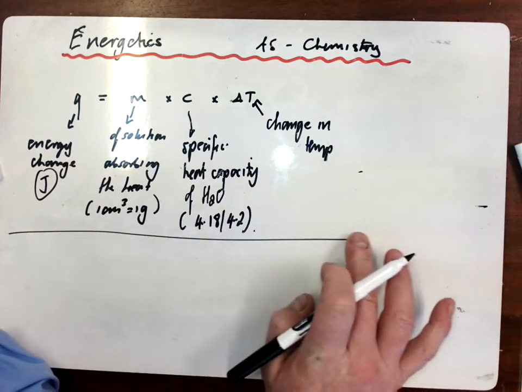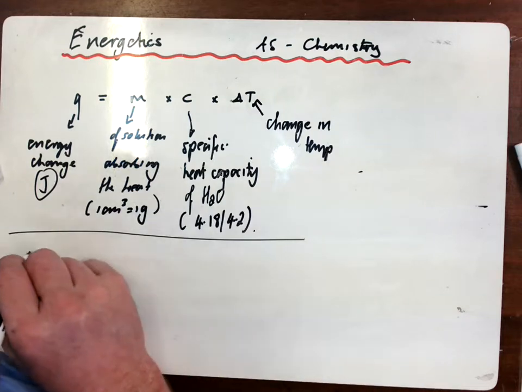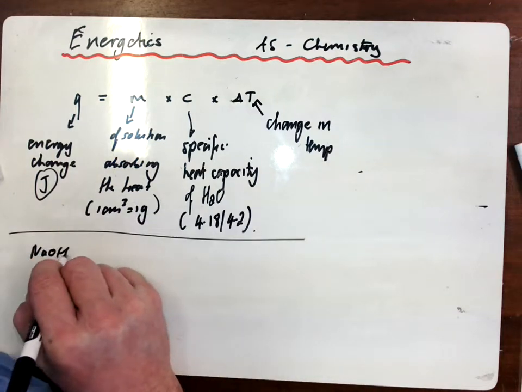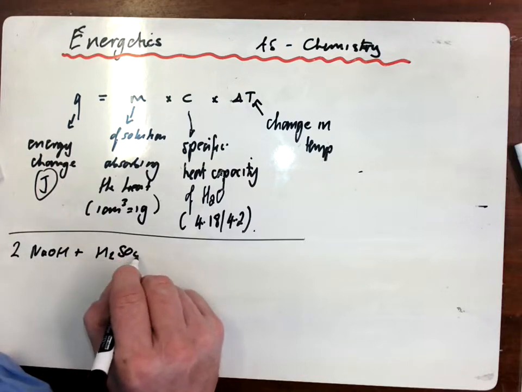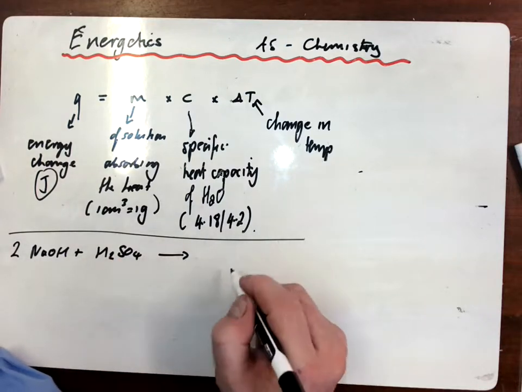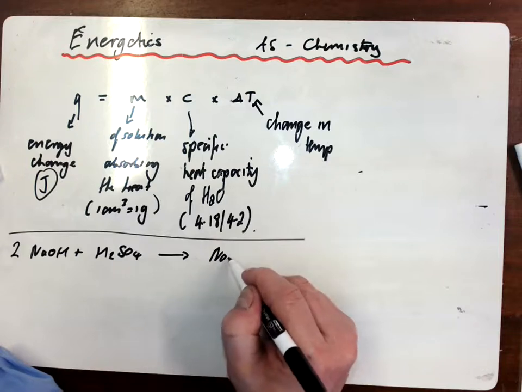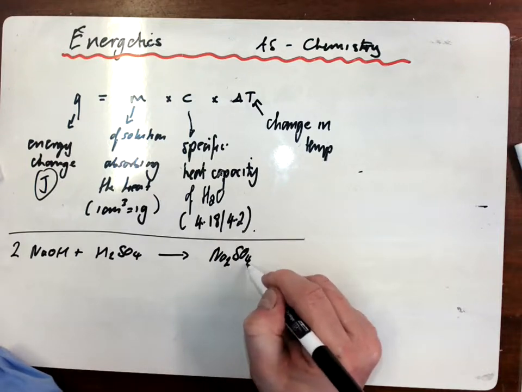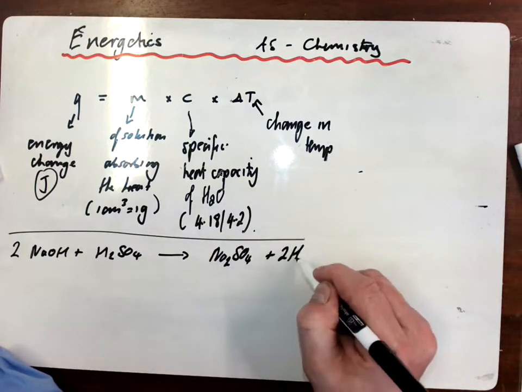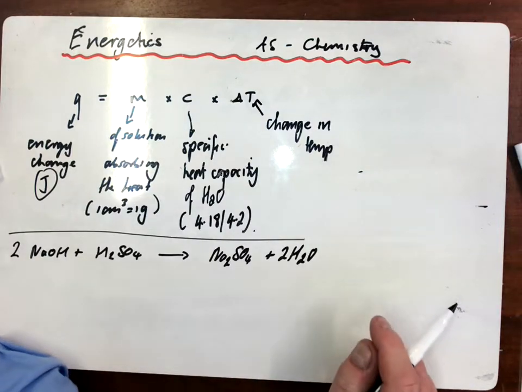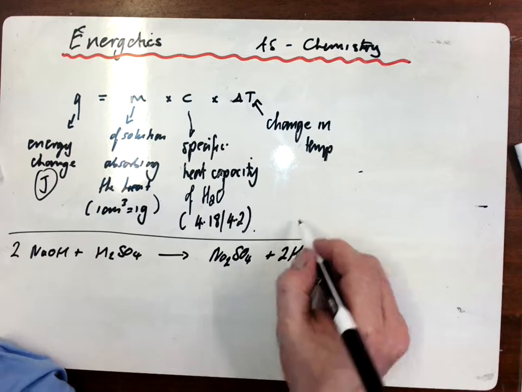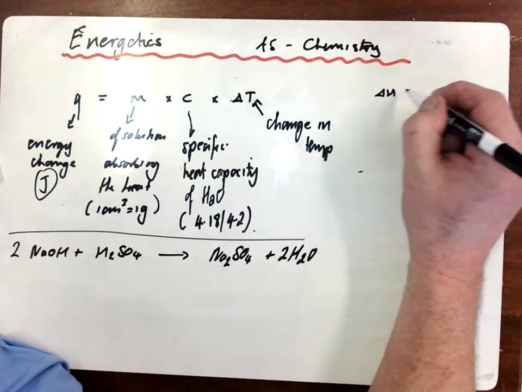Okay, so a neutralization would be a reaction between an acid and an alkali. So we'll take sodium hydroxide reacting with sulfuric acid, and that will give us sodium sulfate, and we will get water. Now if you remember back to our definition earlier, an enthalpy of neutralization, a delta HN, is the enthalpy change